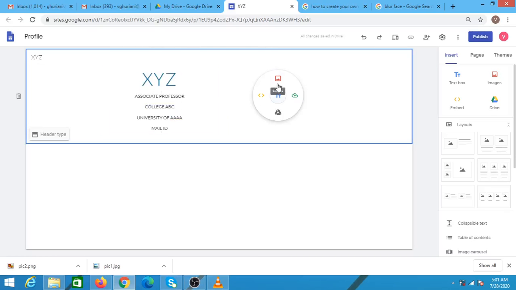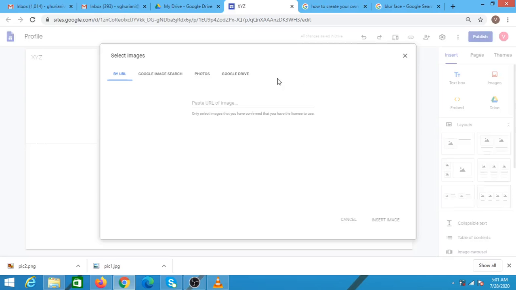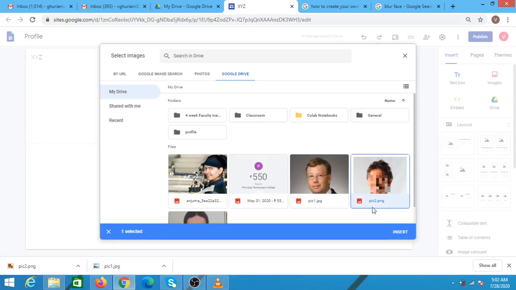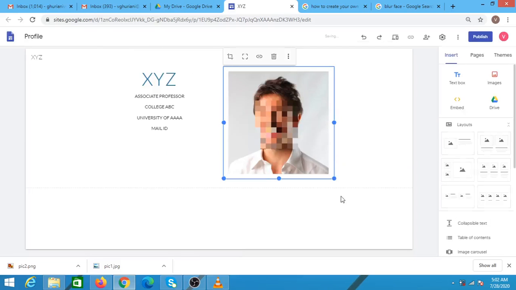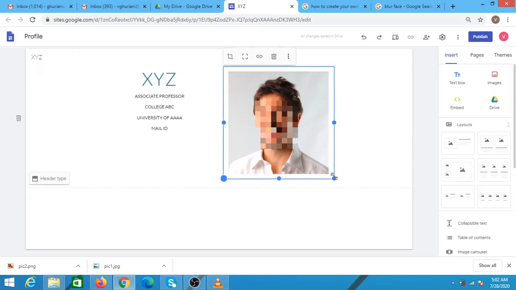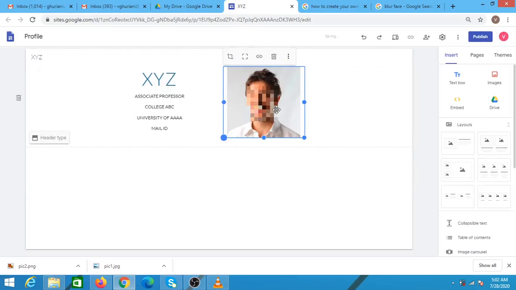So to insert an image, I'm clicking on the image option. This dialog box opens. So if I have the image on the Google Drive, I'll click on this option. I have certain images. So let me say I'm selecting this and I'll be inserting it over here. You can resize the image, and change its position. Now once the header part is done, I can start writing the content below.